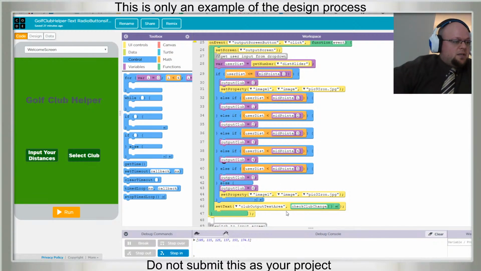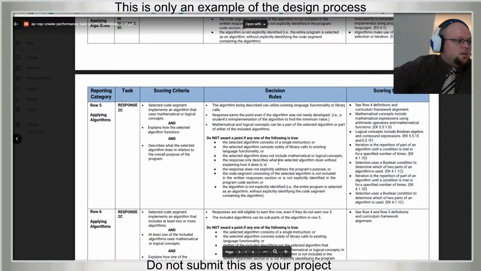That explains how it does it, and it uses